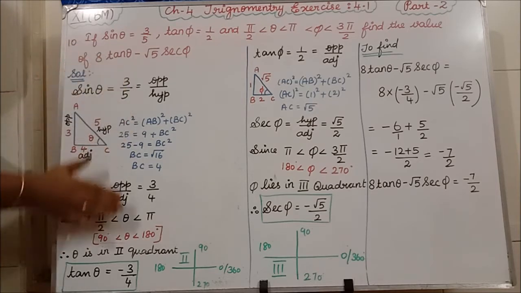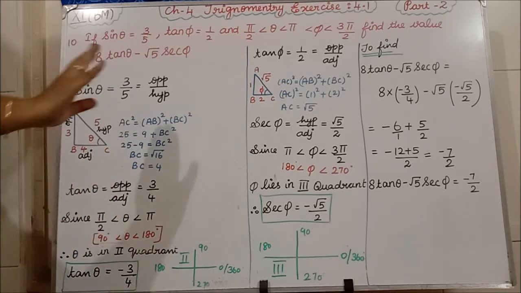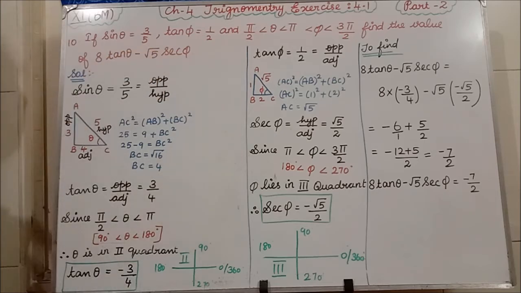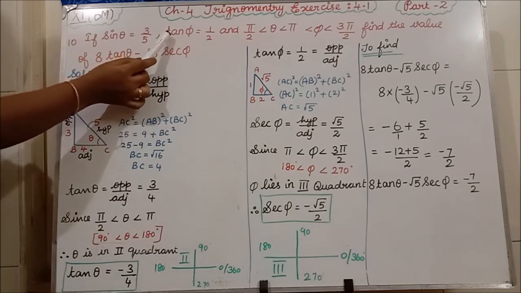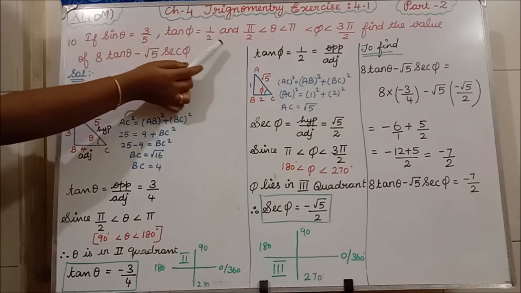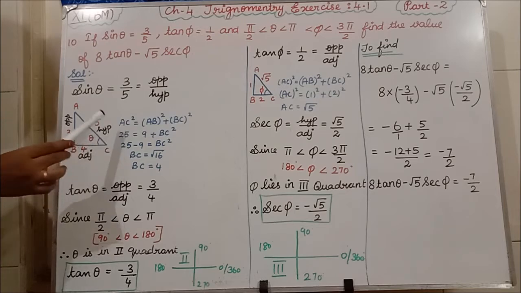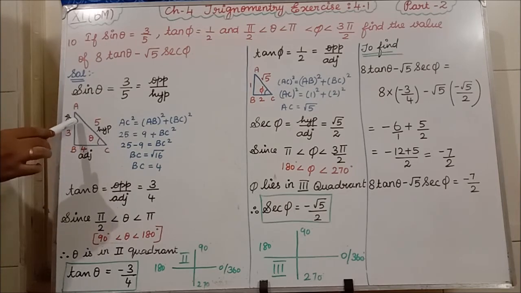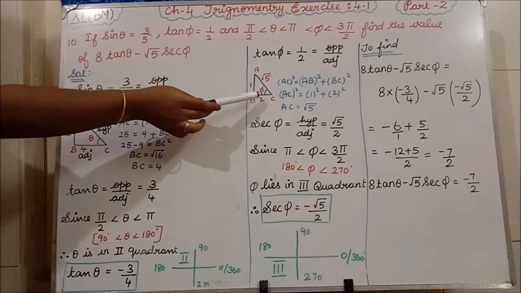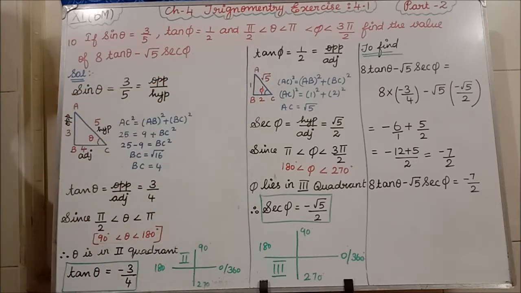For clarity, first using theta we have got this. Next, in the middle, see, using phi. Okay, now for that they have given the value tan phi is equal to 1 by 2. They have given the value. What is the formula for tan? Opposite by adjacent. Similarly, as we found another value with the two values, with the two values we are going to find the hypotenuse side.